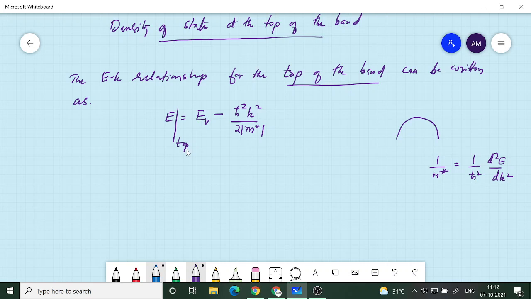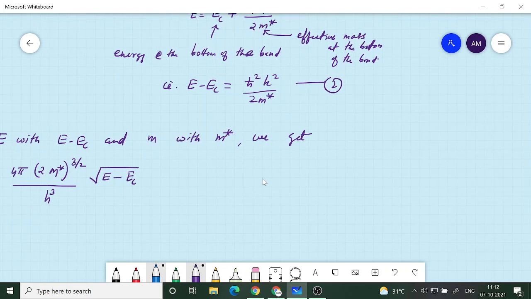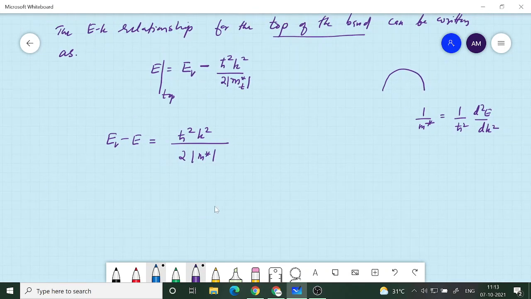So we can write like this, which may be rewritten as EV minus E is equal to h cut square k square by 2 modulus m star. So this is at the top, so maybe I should put a suffix here for top, m star of the top, and here I will put bottom, just to denote that it is the top of the band and the bottom of the band. Now again I can name this equation as equation 3. Then comparing equation 1 with 3,